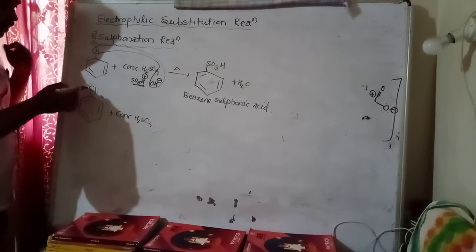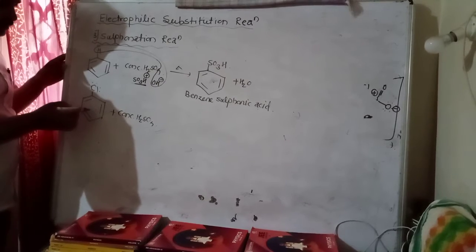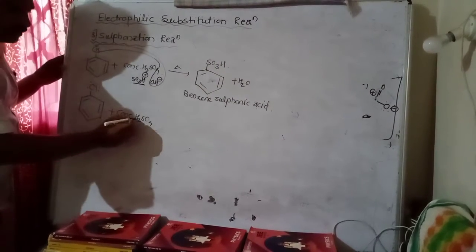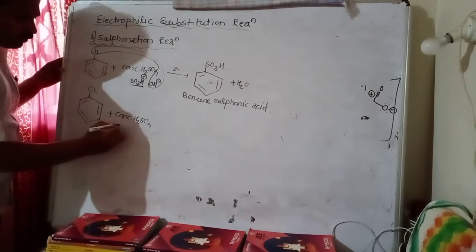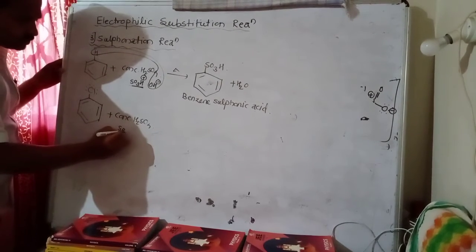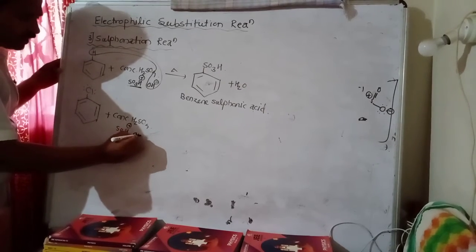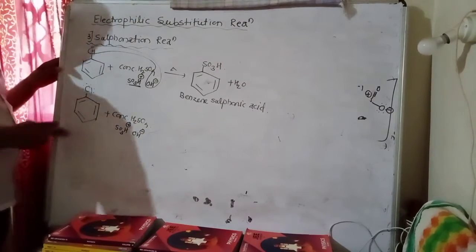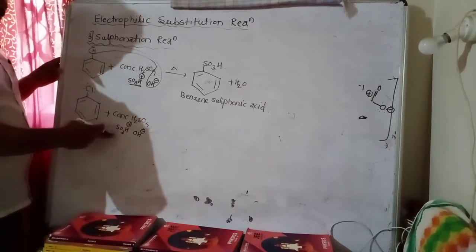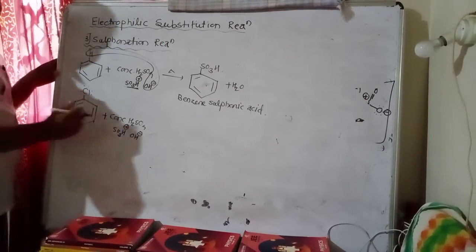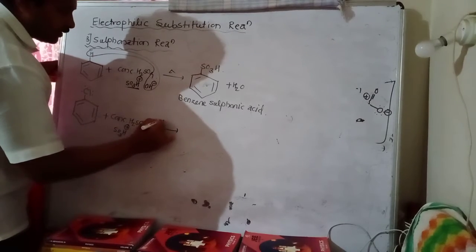Last lecture we have seen chlorobenzene as per the resonating structure, as per the resonance effect. The lone pair on the chlorine takes part in the resonating structure. Therefore, chlorobenzene is ortho-para-directing. H2SO4 undergoes dissociation to give two ions, SO3H plus and OH minus. This SO3H plus electrophile, the sulfonyl group, goes to the ortho position and para position, forming a new product.